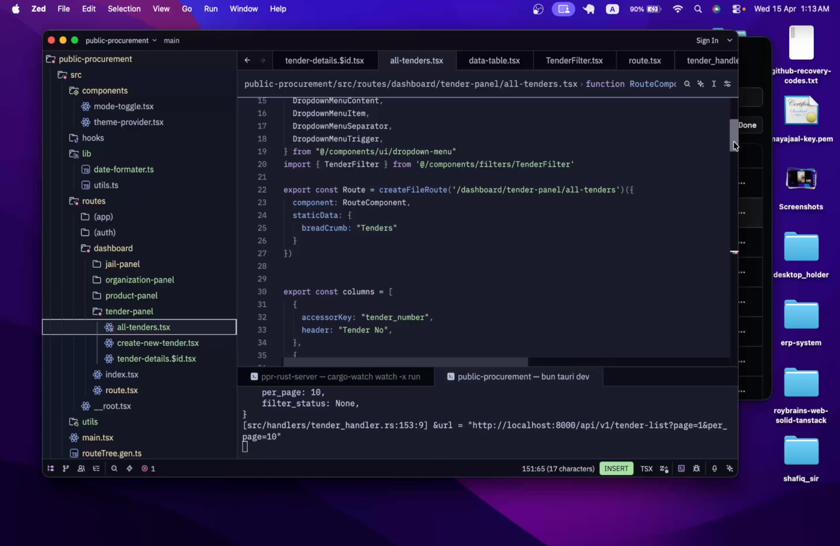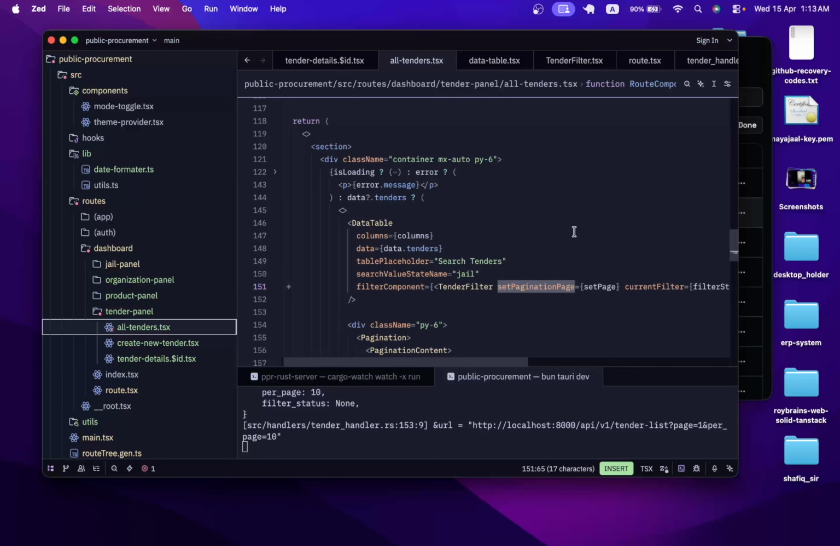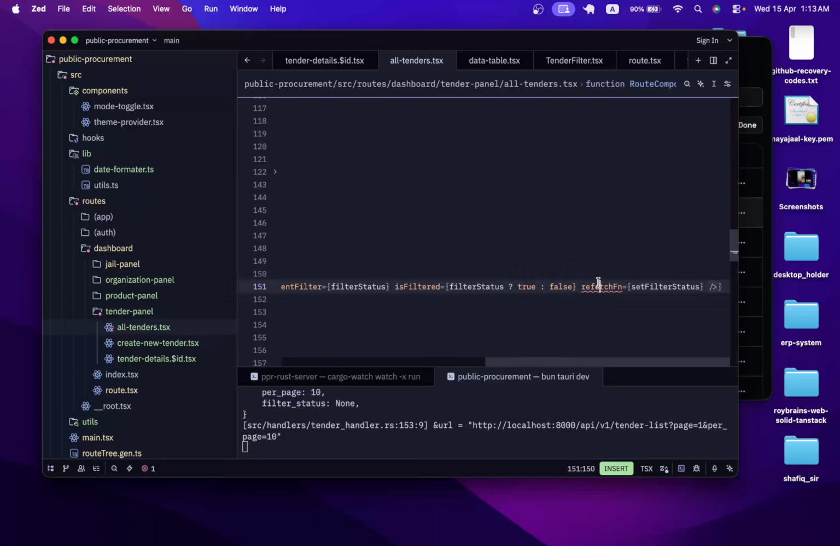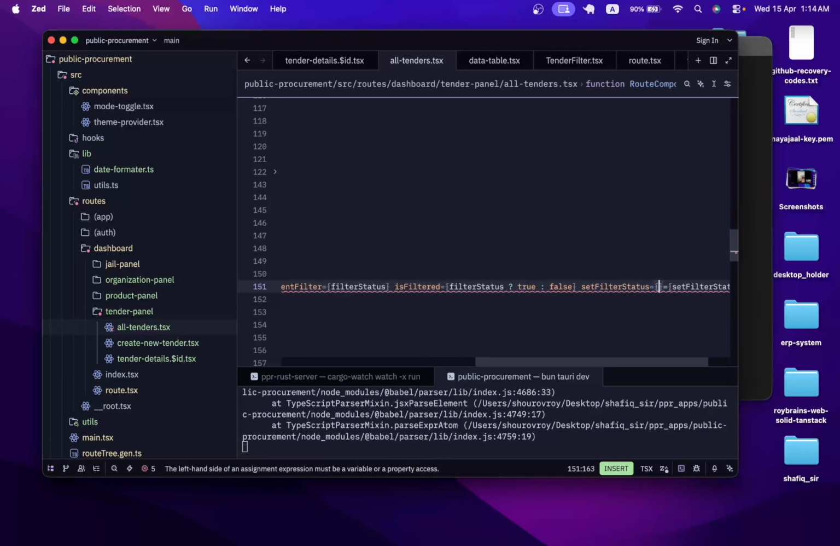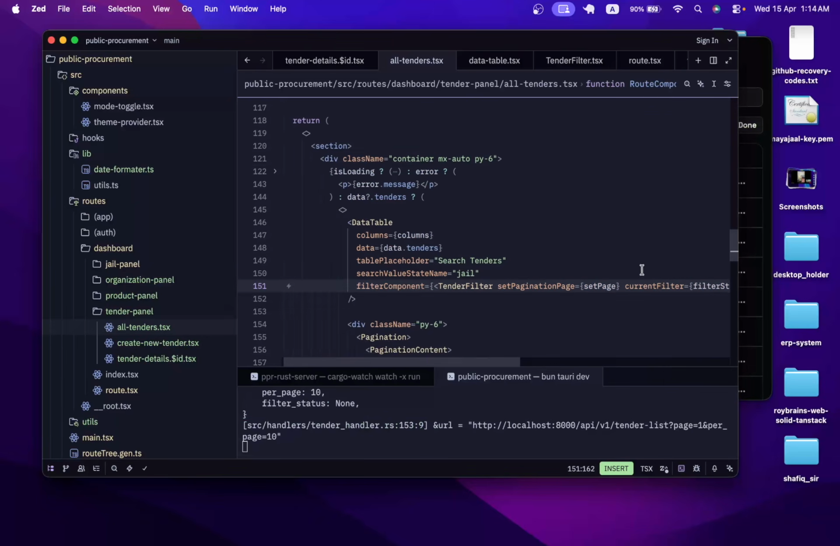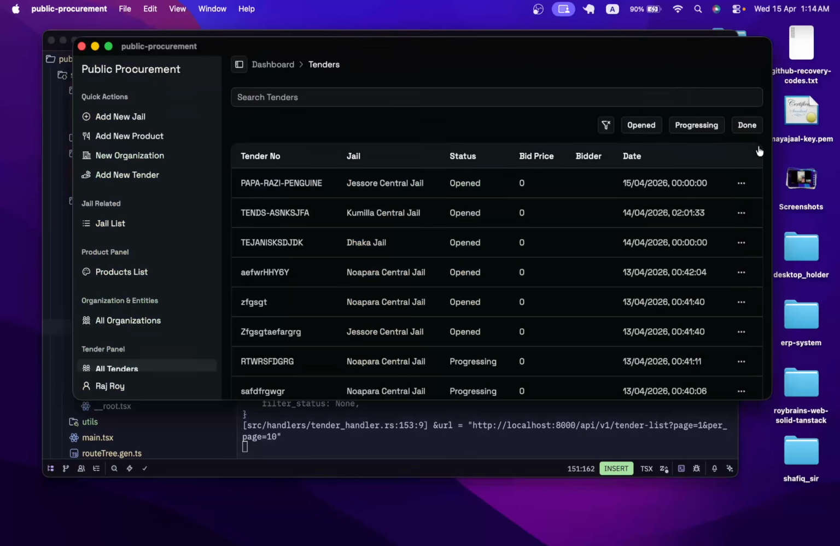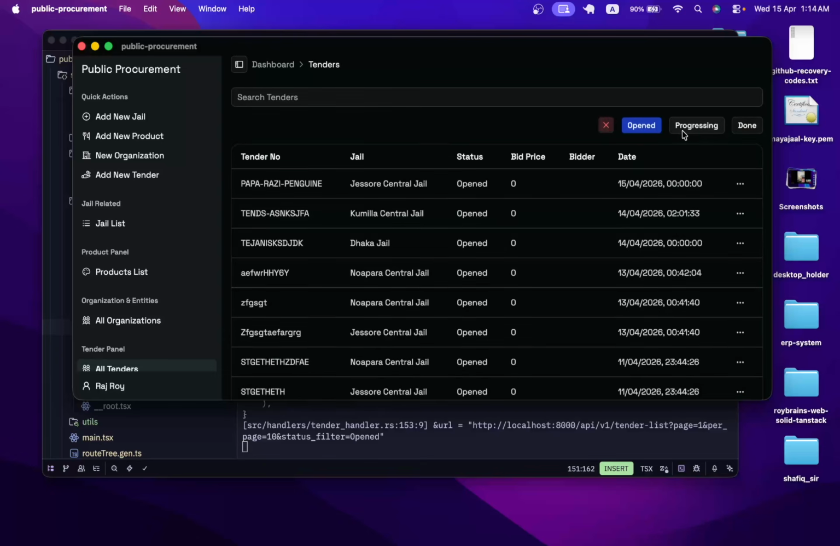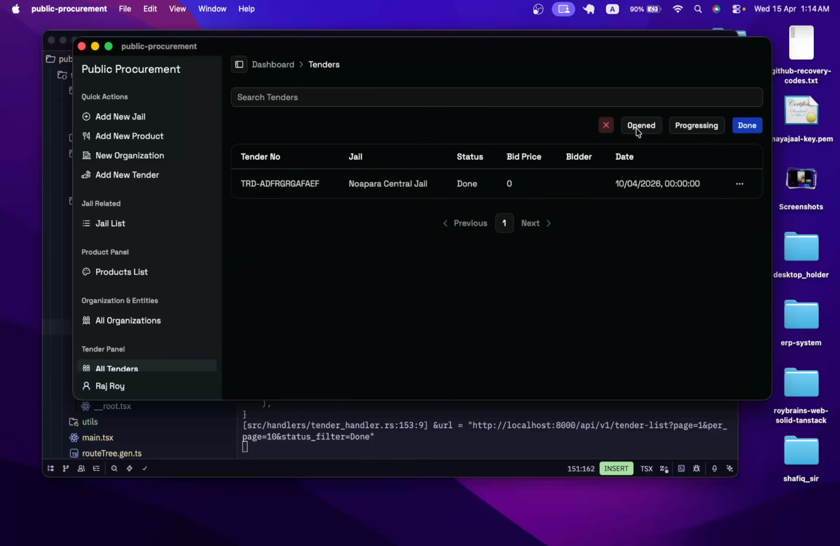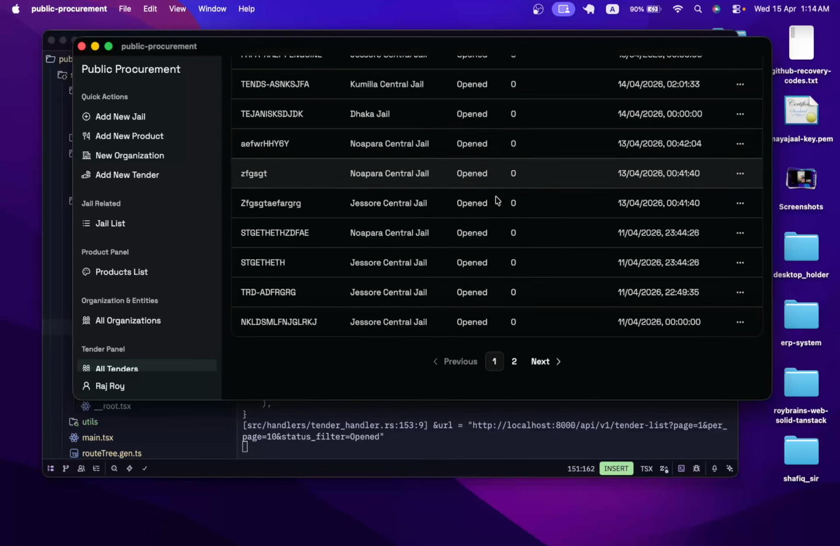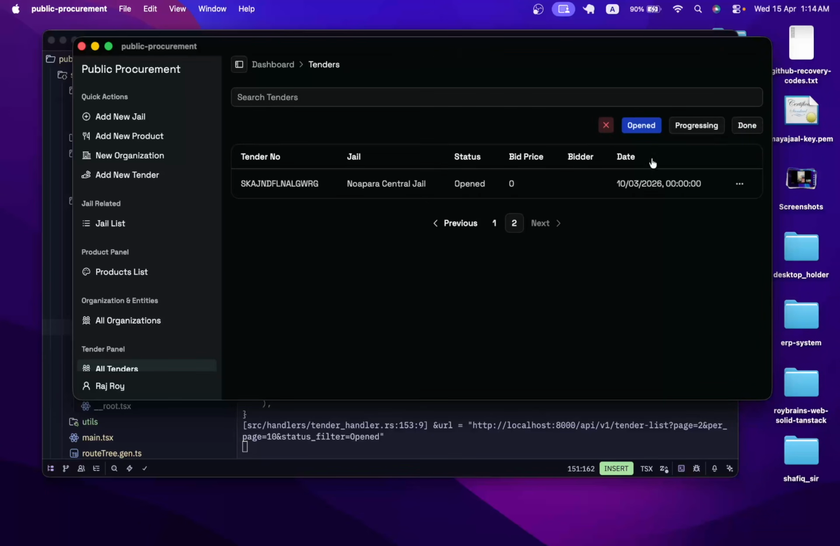I think the thing is here. Refetch. This is the problem. We have changed the name previously. That is why I think it was not working. Yeah, now it's working. Now if we go to the second page, and